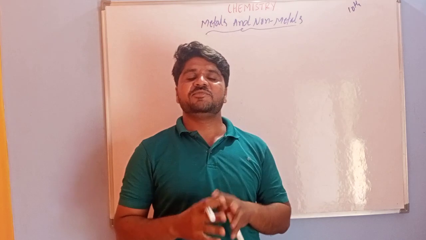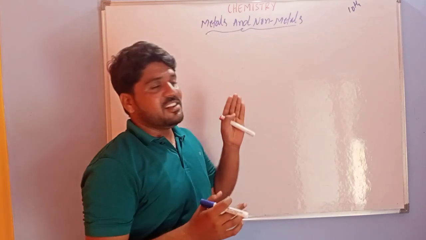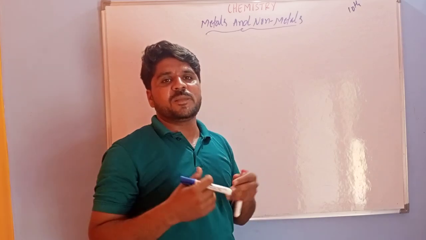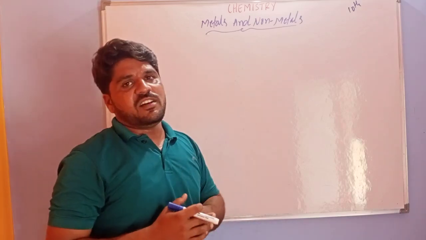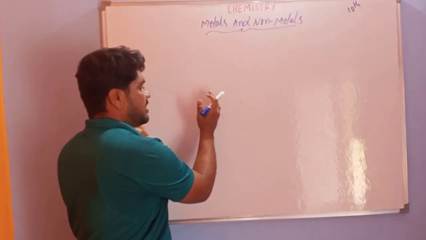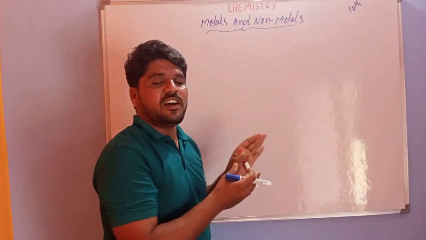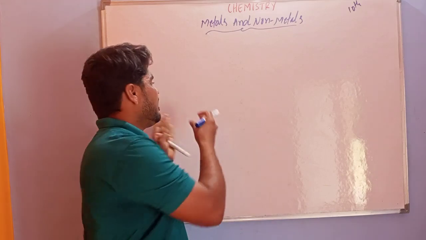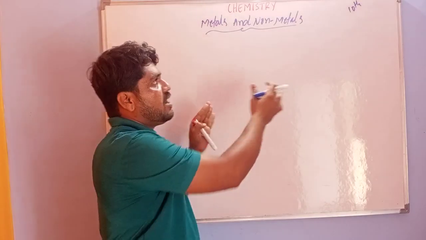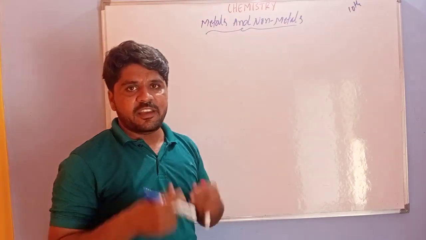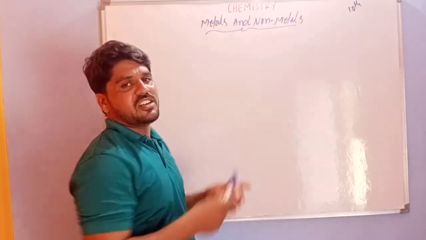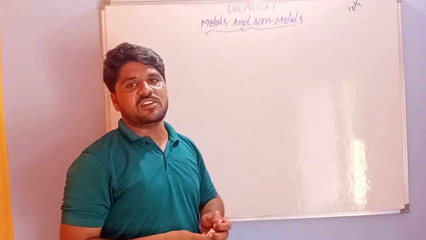In the last class we discussed metals reacting with non-metals. In that we discussed the electronic configuration of elements. We have already studied the structure of atom, and how to fill the electrons in particular shells. So this is all we studied in the last video. In this class, I will discuss some more about the structure of atom and electronic configuration of elements.